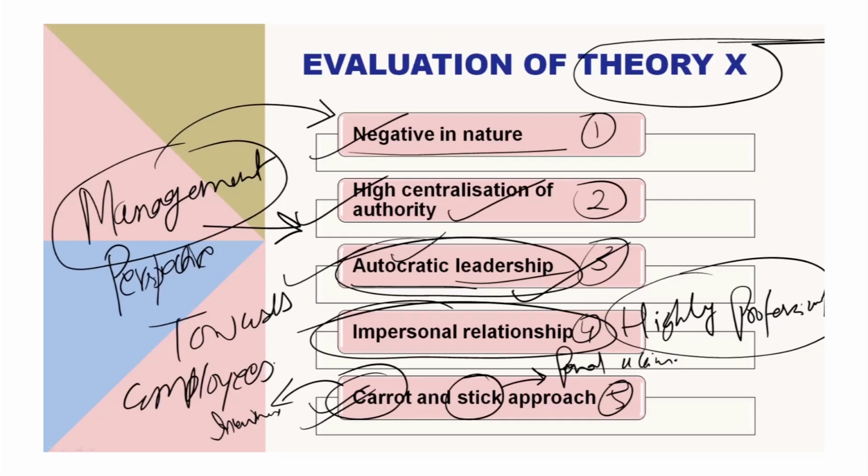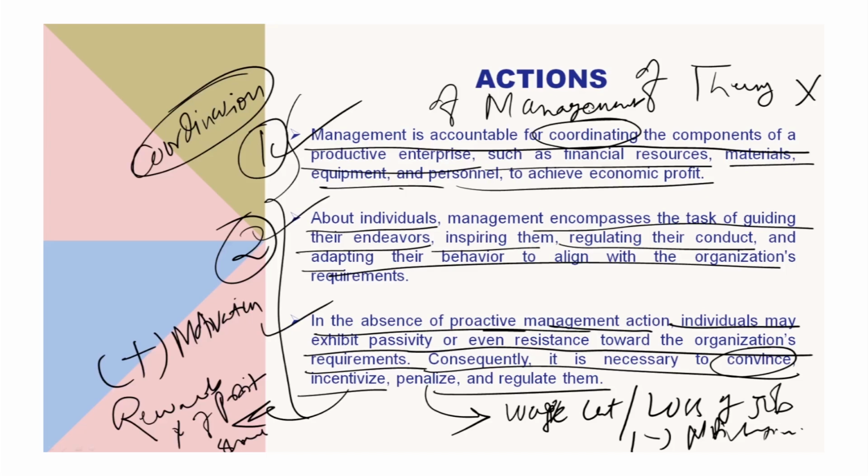Now, I hope that you got an idea about what Theory X is and what its assumptions are. To summarize, Theory X is with respect to employees who do not want to work, who are not self motivated, who object to any kind of change in the management, who do not want to take any kind of responsibility. So, these are the assumptions, these are the evaluations: overall what the management thinks about these kinds of employees, and these are the action part of the management, like how the management will be dealing with such employees.